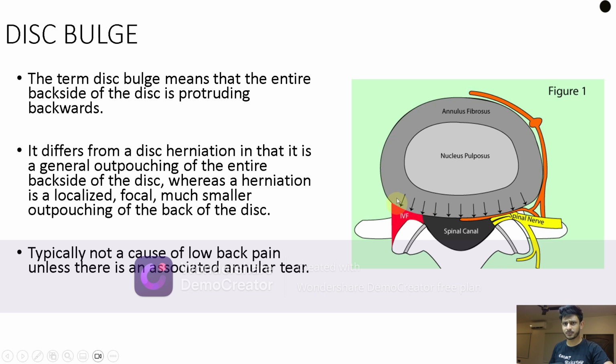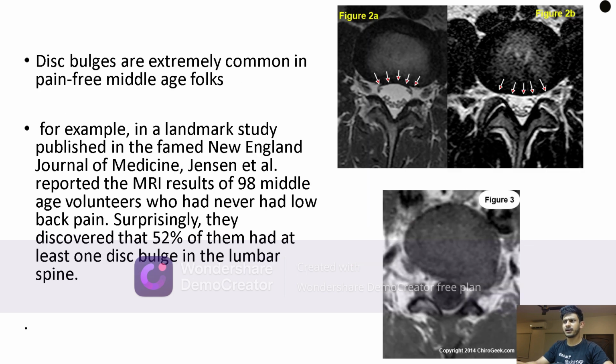the others per se. So it differs from the disc herniation in the fact that it's a general outpouching of the entire backside of the disc, and typically it is not a cause of low back pain unless there's an associated annular tear along with the disc bulge. So disc bulges are very common in pain-free middle-aged folks, and as you can see in the diagram here, this